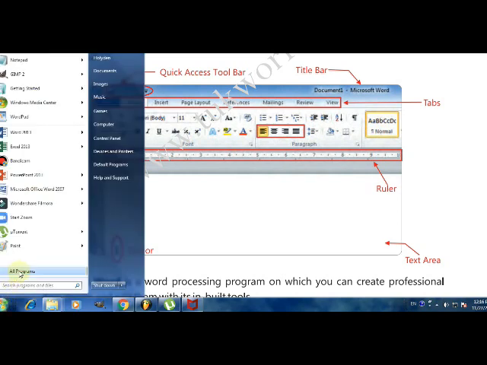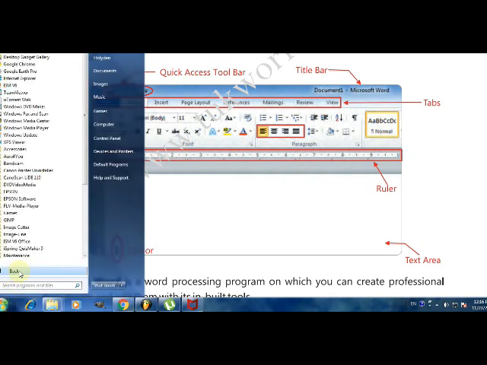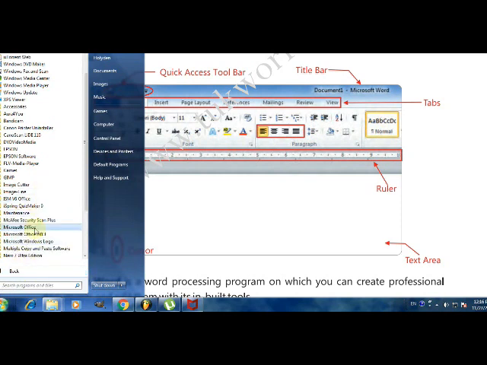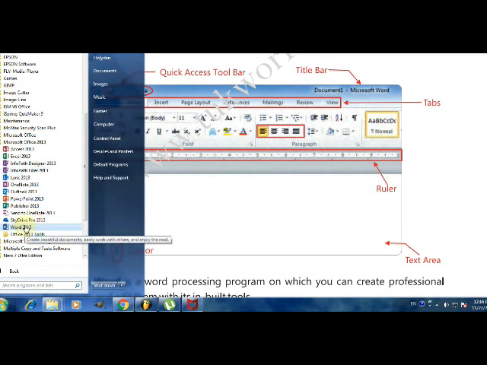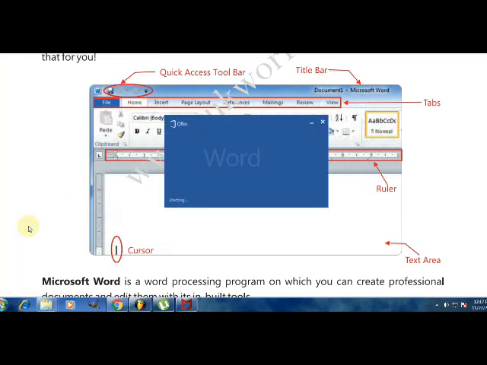Then click on all programs. Then you need to go to Microsoft Office, or Microsoft Office 2013. Here we have Microsoft Office 2013. Click on it. Then go to Microsoft Word 2013. Click on it, and it will open this application for you.